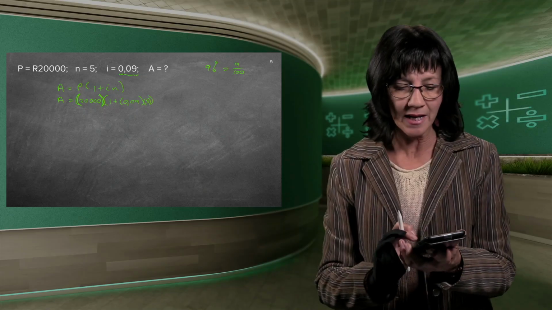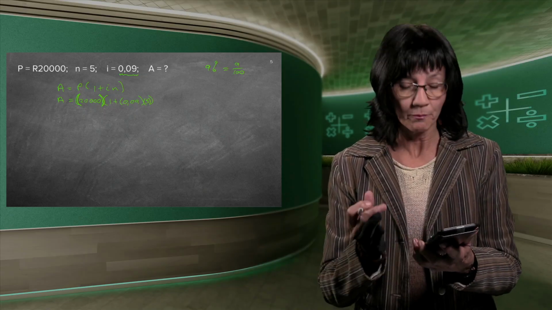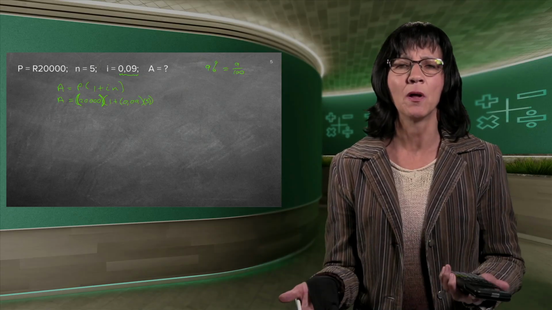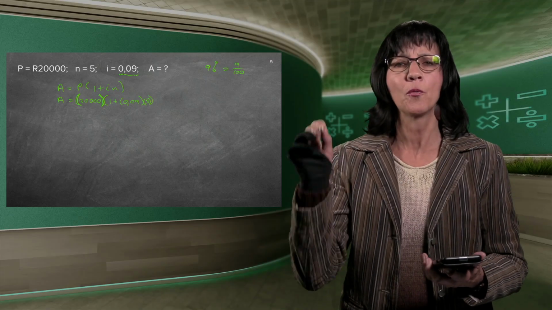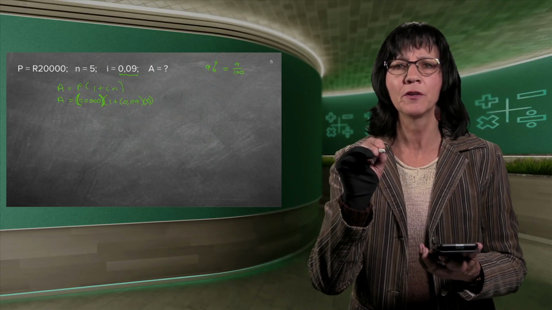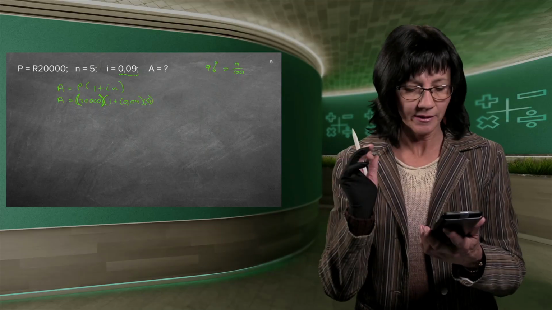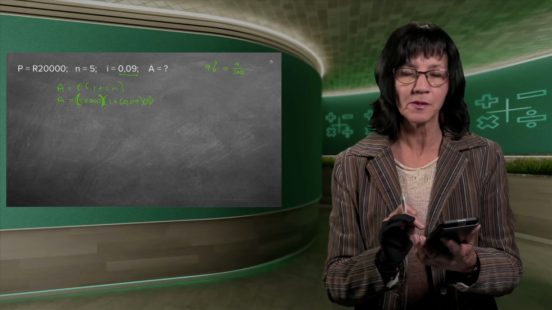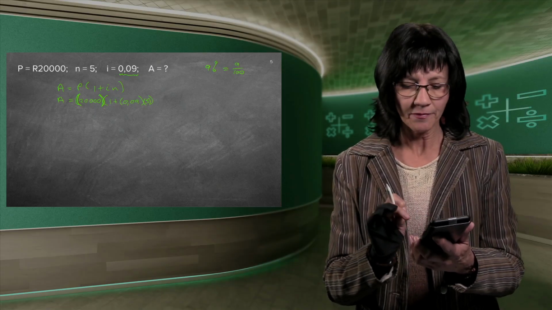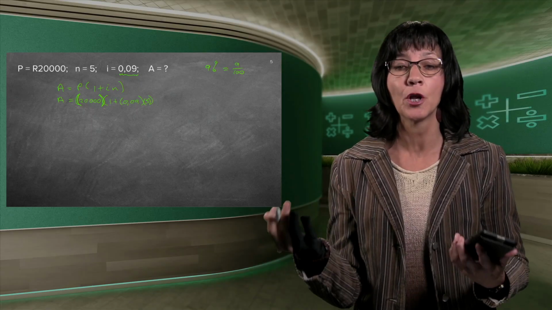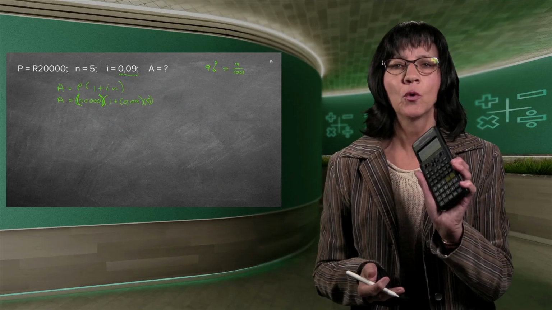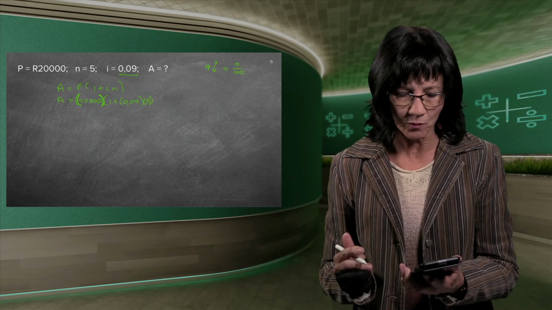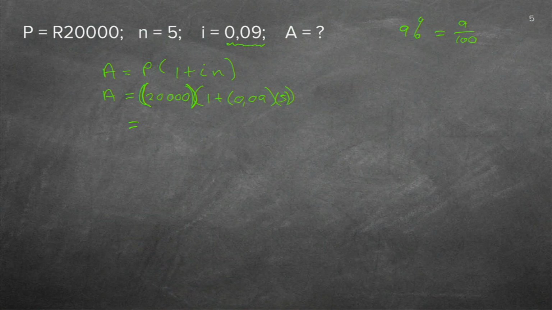You click 1 plus. You see another bracket. But because it's being multiplied, remember, when 2 brackets stand next to one another, it means multiply. So instead of pressing 4 brackets now for the 0.09 and the 5, you can just say 0.09 times 5. And then you close your bracket. Very important that you close the bracket in the end. So when you're done, your calculator needs to look just like the formula you see in front of you. And then you just press the equal sign. And it gives you a nice answer,